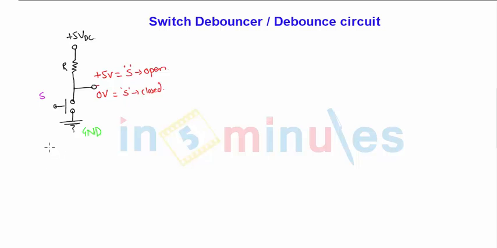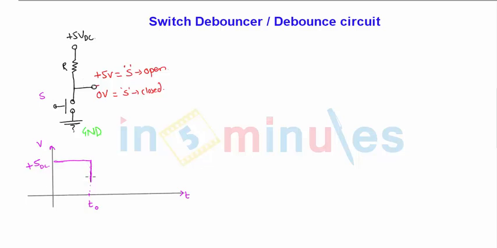To understand this, let us draw a graph. In this graph, let us say at time t I have pressed the switch. By that time the voltage was appearing. So here is the voltage, and the time axis t. Okay, until t0 the voltage is plus 5 volts. So this is the plus 5 volts DC level. As soon as t is equal to 0, I press this switch, then the path is complete and I have